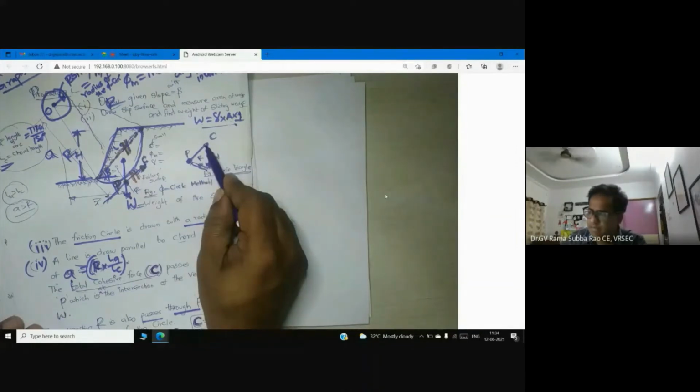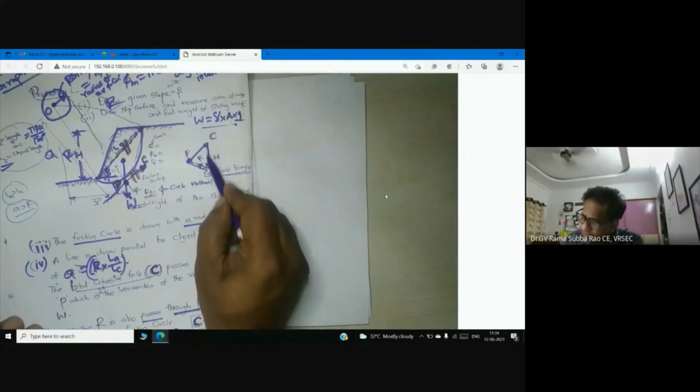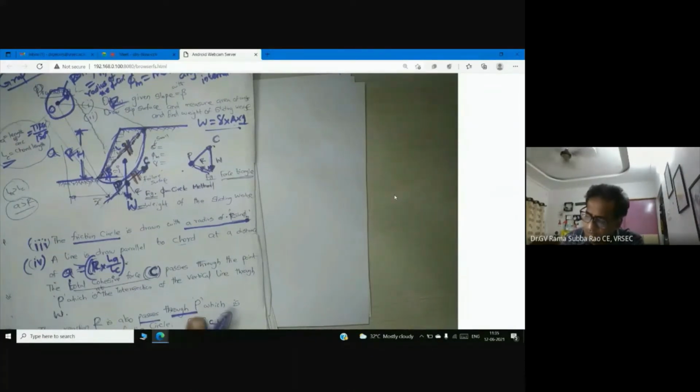Cm into length of chord. So now you can see, Cm is equal to capital C by length of chord. Now you can see, what is Cm? Mobilized cohesion. Now factor of safety with respect to cohesion is equal to, what is the factor of safety with